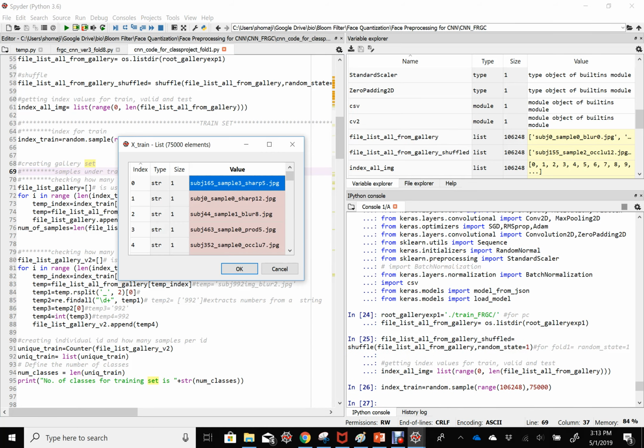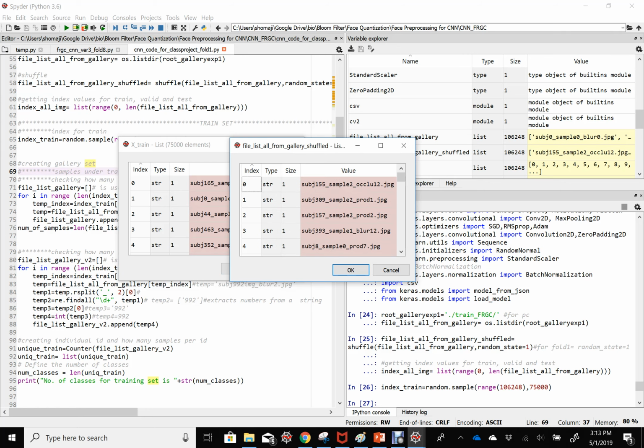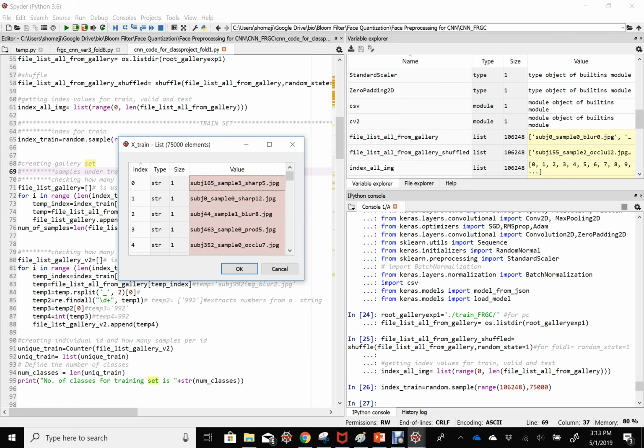So for example, if the name is sub 165 underscore sample 3 underscore sharp 5, that means this is a person whose class number is 165. This is his sample where I used some sharpening. So this 3 and 5 is just some ID I kept to track which kind of sharpening or blurring I did. These are not important, but